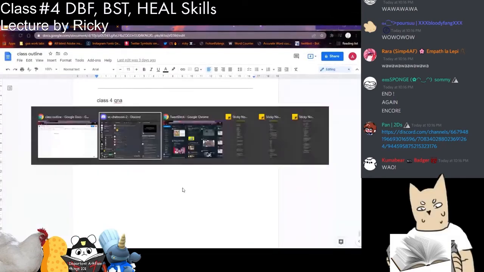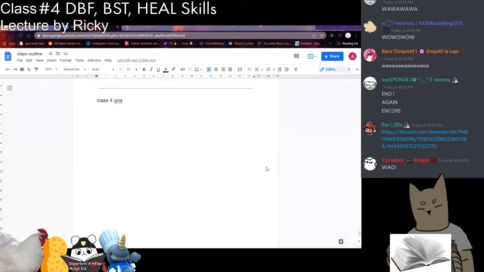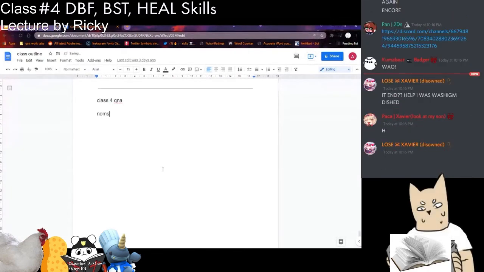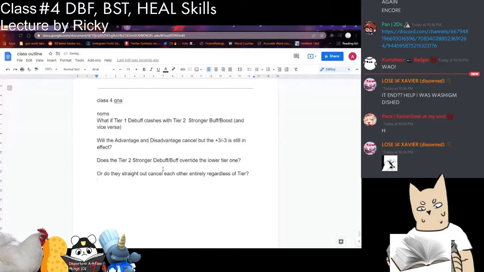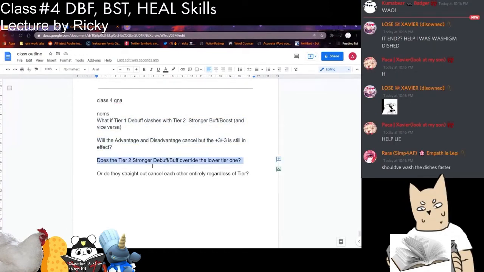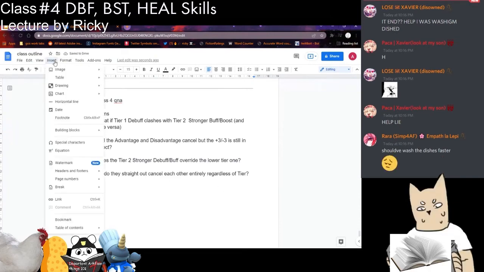Class 4, okay. Okay, wait. Looking at Noms's many questions. What if tier 1 debuff clashes with tier 2 stronger debuffs and vice versa? Hold on, cancel, but the debuff still in effect with the tier 2 overriding or tier 1 or the straight up cancel. For that one, this happened with I think Apple, like with Puzzle,